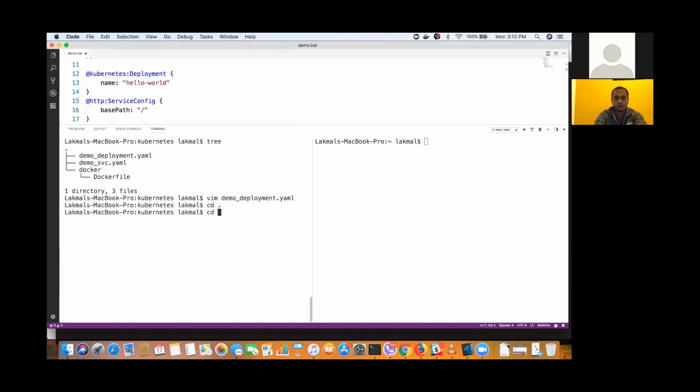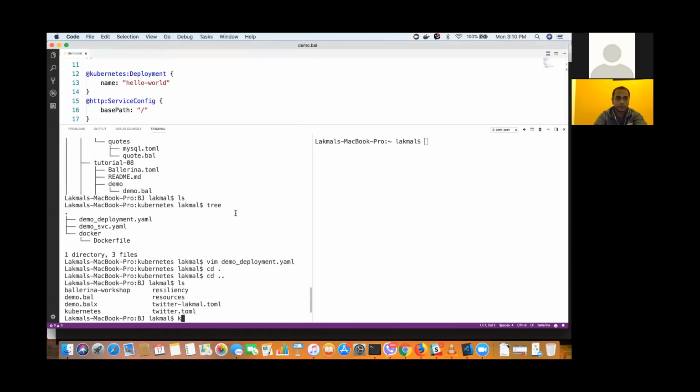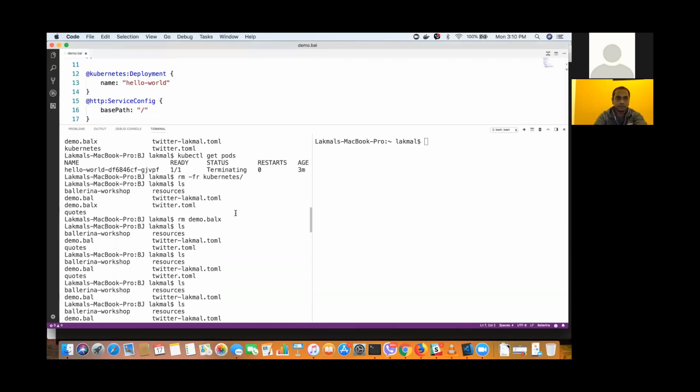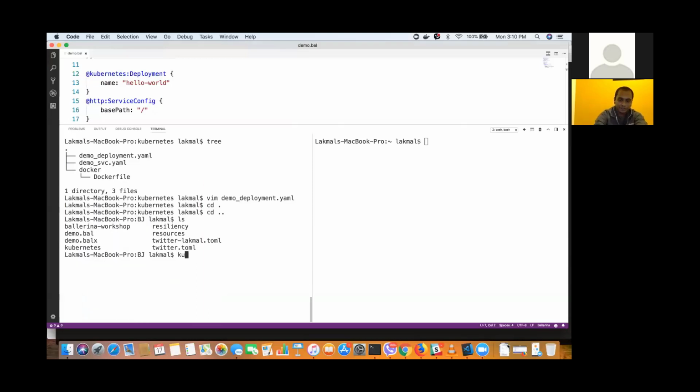Okay, let's try to deploy it. It has also printed the line. Yeah, I've seen the apply. I just use kubectl apply -f kubernetes. Boom. Okay, now it's already deployed.